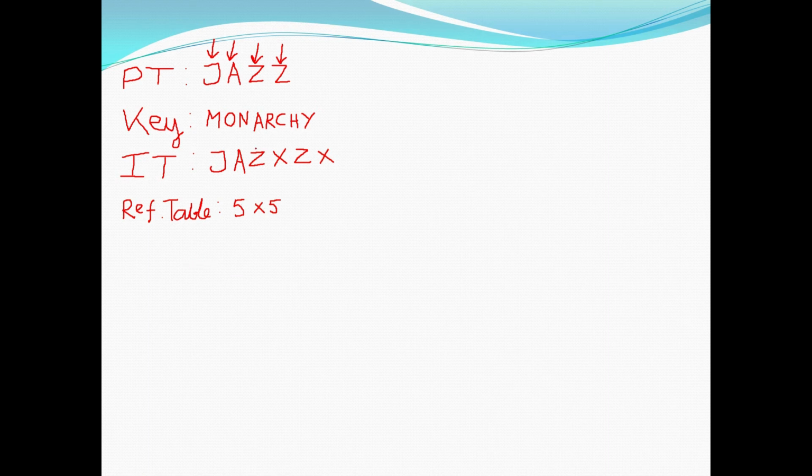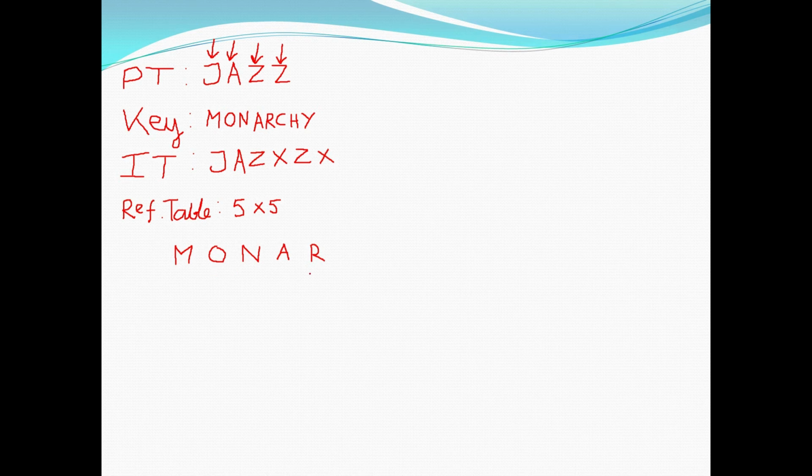So for generating the reference table, you will have to basically write each of the characters which we have in the key string. So you will have to write like this. Suppose we have the key as monarchy, right? So we have to generate the reference table like this. First write M, O, N, A and R. So basically, as you can see, we had successfully written the first row for the reference table, which